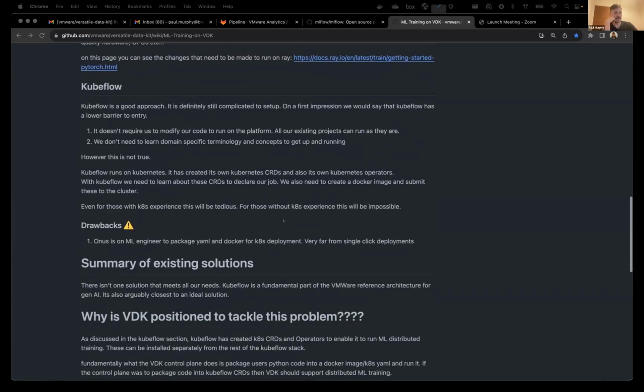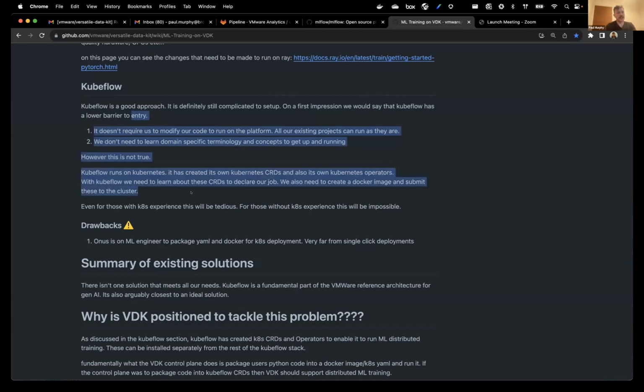And lastly, there's a project like Kubeflow. Kubeflow is part of the generative AI VMware reference architecture. Okay, Kubeflow is a good approach. It's complicated to set up, definitely. And on first impression, we would say that it has a low barrier to entry because it doesn't require us to modify our code. We can run whatever code we've written on the platform. So all our existing projects can be migrated straight across. And we don't need to learn domain-specific terminology and concepts to get up and running,